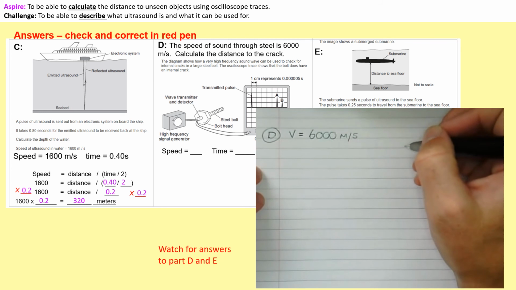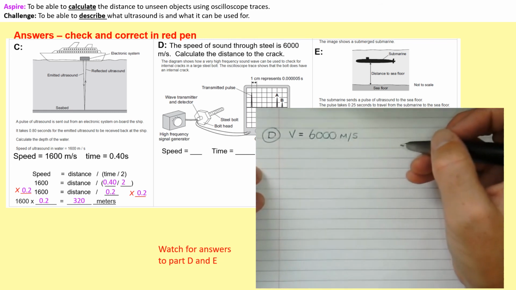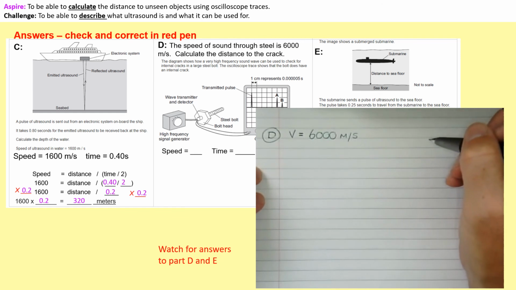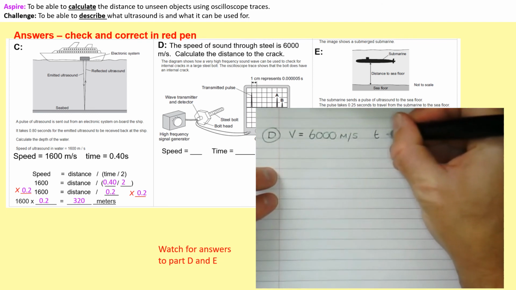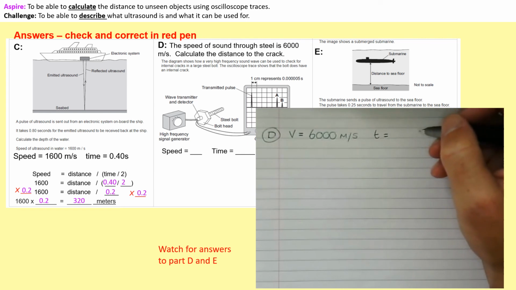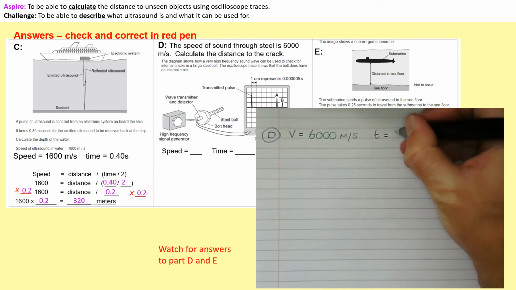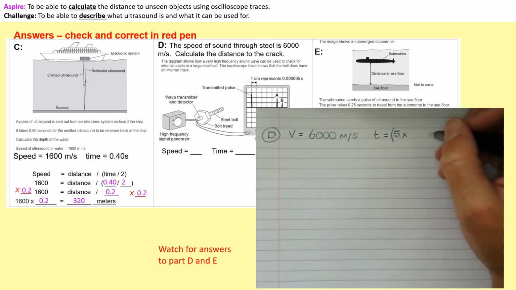It's a little bit more tricky, this one. So each of those little squares between the transmitted pulse and where it's received again is 0.00005. That's 5 zeros and a 5. So the time, what we're going to do is we're going to count how many squares there are. So I go 1, 2, 3, 4, 5. There are 5 squares, and we're times 5 by the scale. So that's the 1 centimeter. So we've got